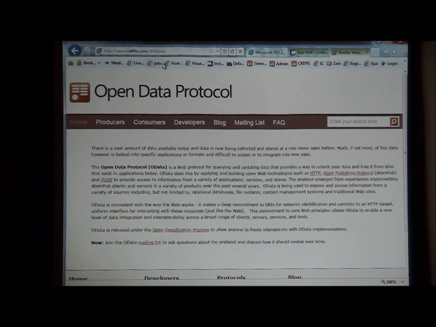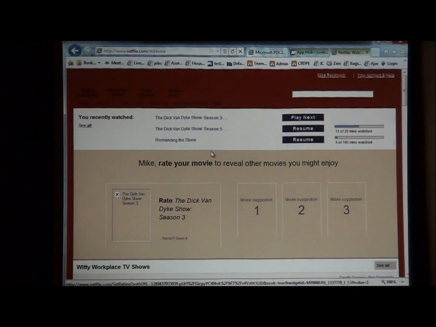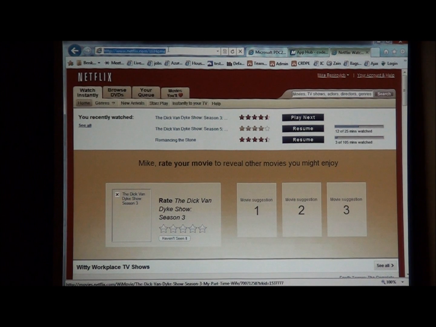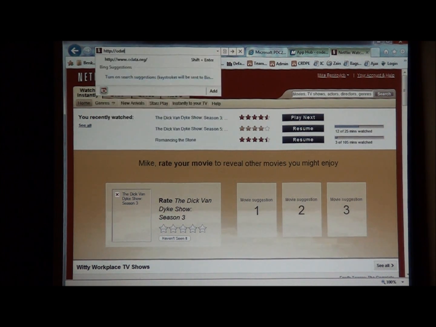So you click on Netflix.com, it'll go out and open up Netflix. And you say, you like Dick Van Dyke. You can see what my kids are watching. But I hardly ever go to this site. What I go to is what's called